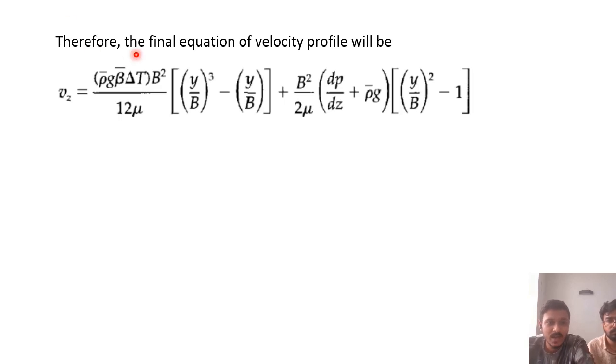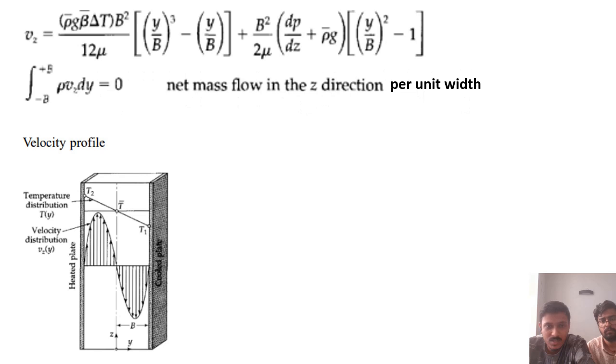So now we had this final equation of velocity profile. This velocity profile equation can be further simplified if we use one concept and one assumption. The concept that we will be using is that the net mass flow rate in z direction per unit width